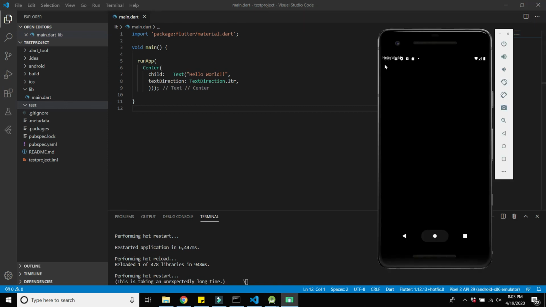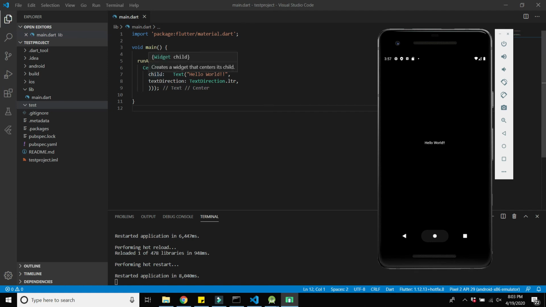So the text will move to the center of the screen like this, using the widget only. But we can also use some properties to move the text to the center of the screen like this. But Center widget is the widget that the Flutter already provides you to center the text or another widget to the center of the screen.